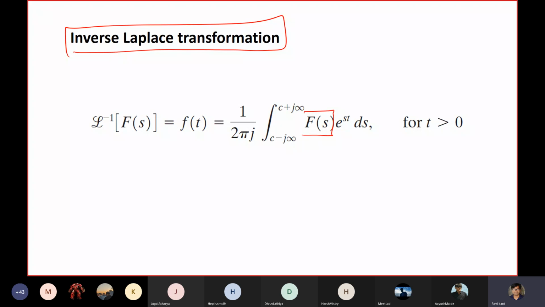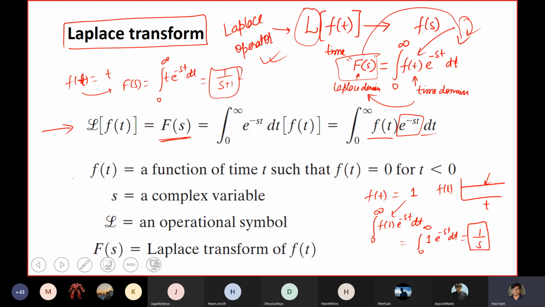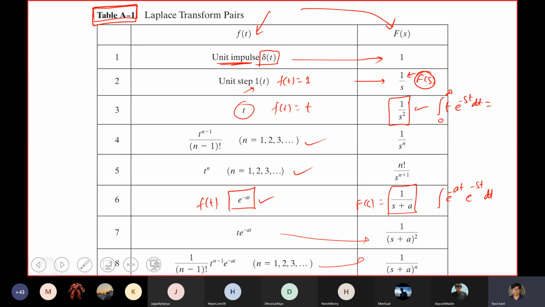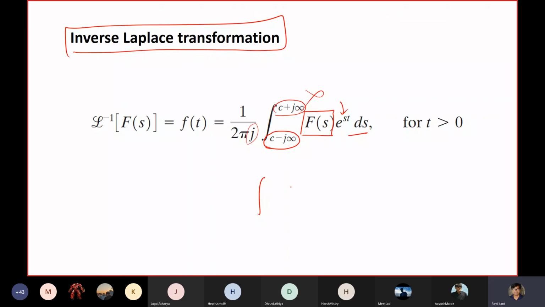You just have to put my F(s) here, multiply it with e to the power st ds, where s goes from minus infinity in the complex domain to plus infinity in the complex domain, times 1 upon 2 pi i. Don't go into the details of what it is telling. Just remember, whenever you see F(s), let's suppose I take F(s) as 1 upon s. So when I put 1 upon s here, times e to the power st ds,